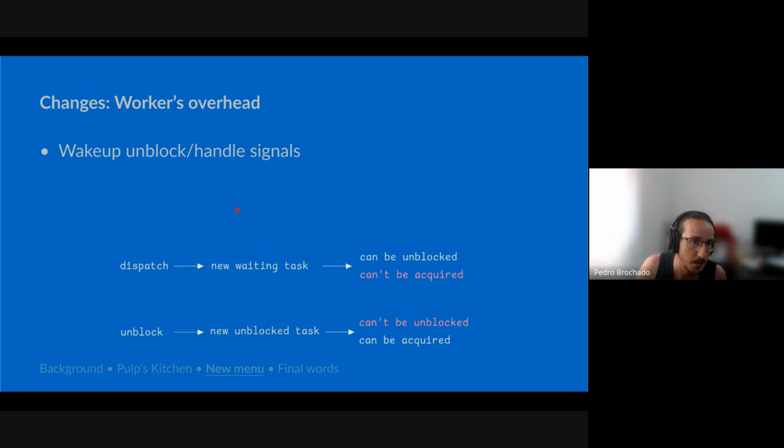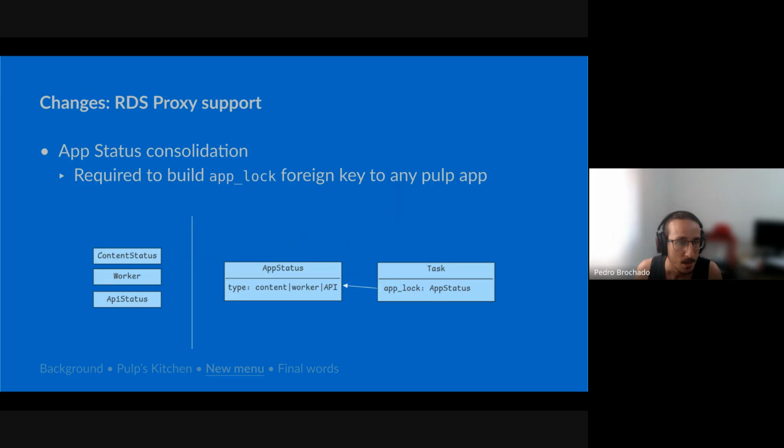There is this wake up, unblock, handle, optimization. It's the same idea. The worker won't do stuff that we know it may not need to. Now about the RDS proxy problem, which is the problem of getting rid of advisory locks. First, we needed to rearrange this app status tables.